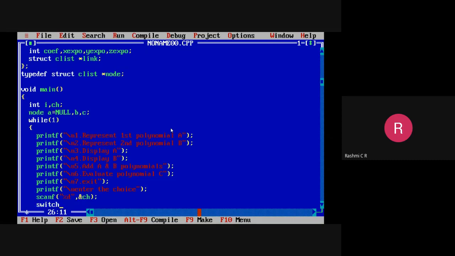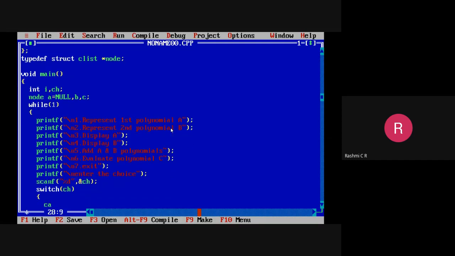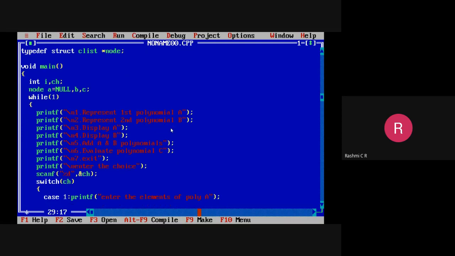Then specify switch case CH. So case 1 is represent the first polynomial. So for representing the first polynomial, I should read the polynomial first. Enter the elements, means all the terms of polynomial A to be read. For doing that, I'm just calling another function. Okay, so here another function called read polynomial is called.